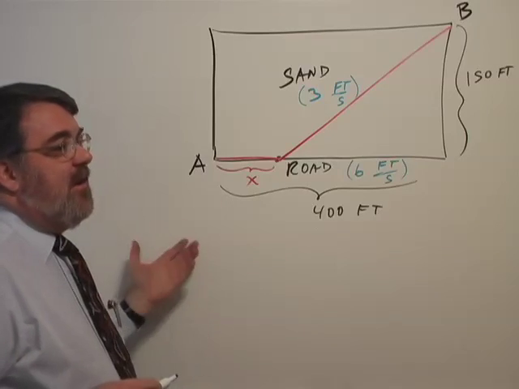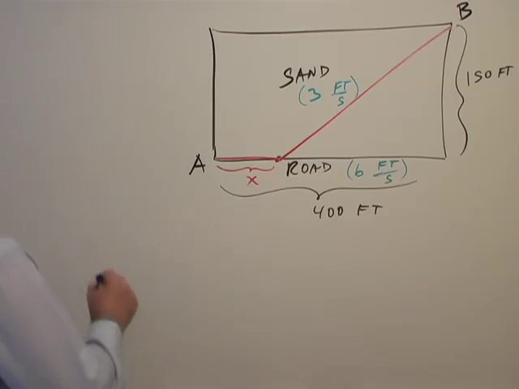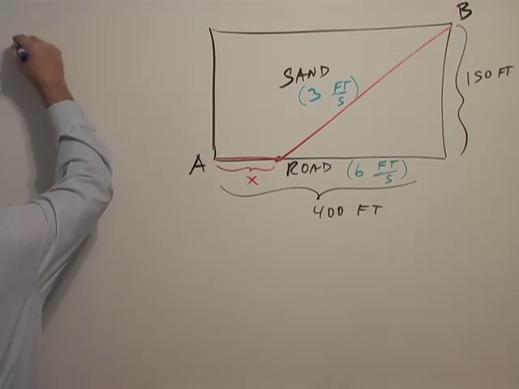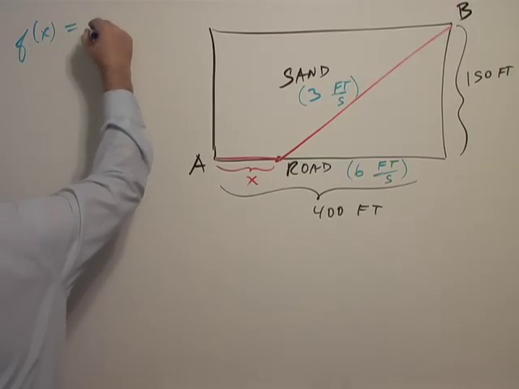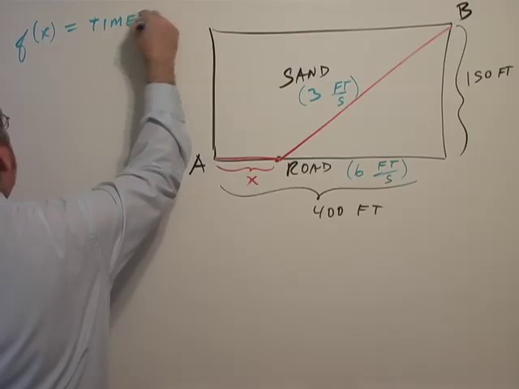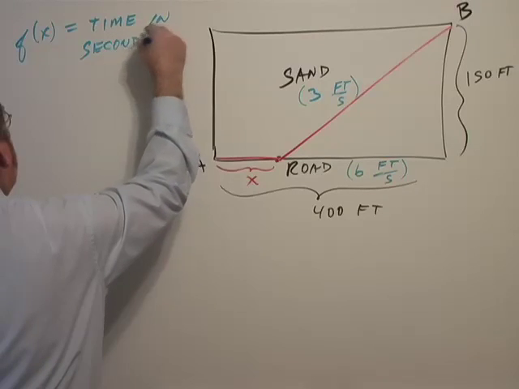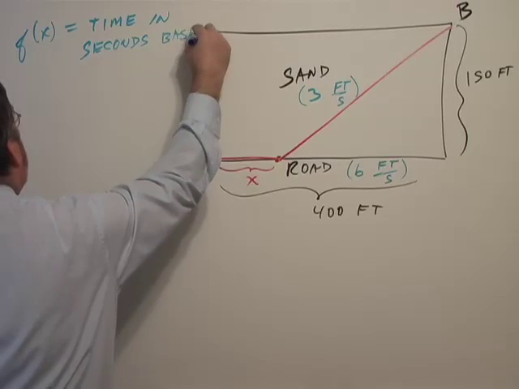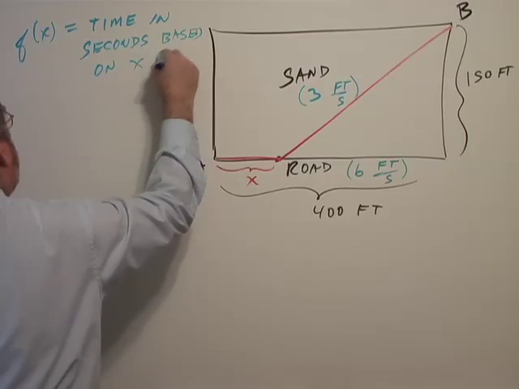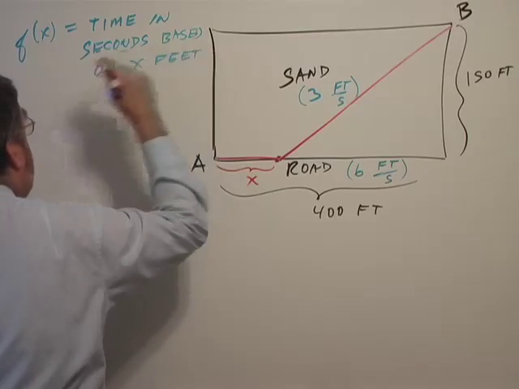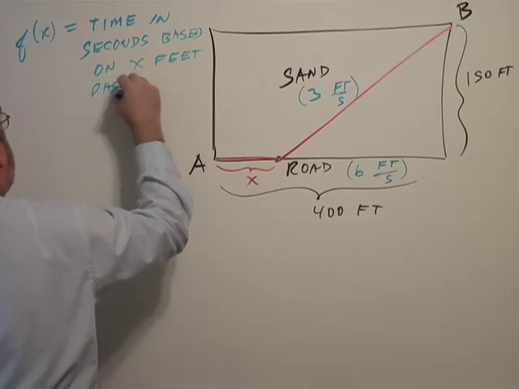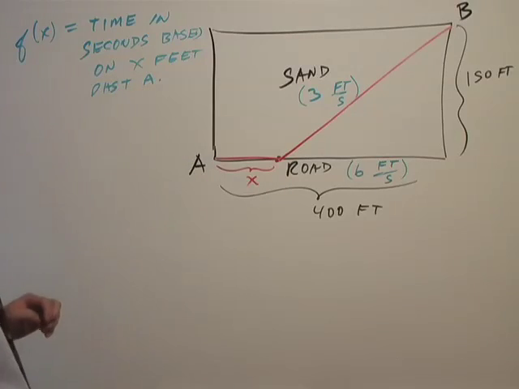All right, so I want the time in terms of X. So let's make it f of X equals the time in seconds based on X feet past A. All right, so time in seconds. Well, we know how fast we can walk along the road, so the time along the road